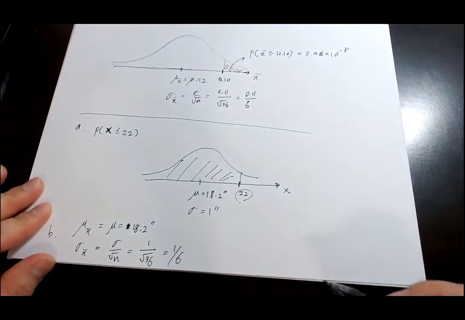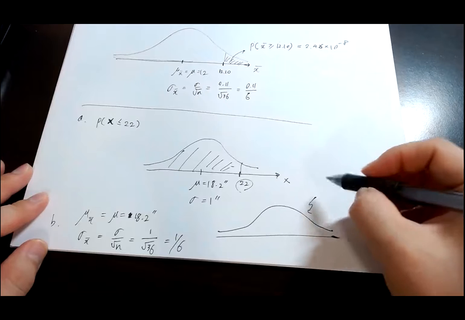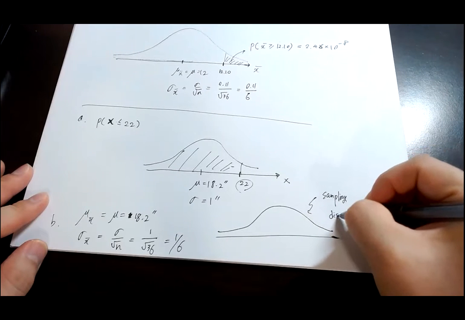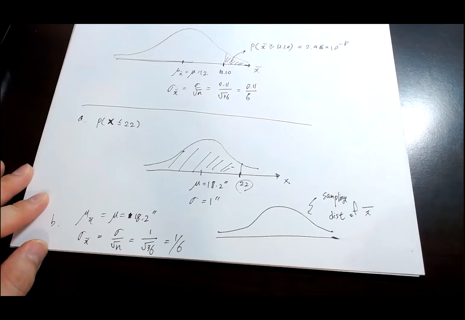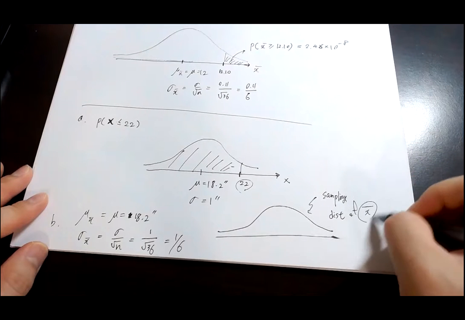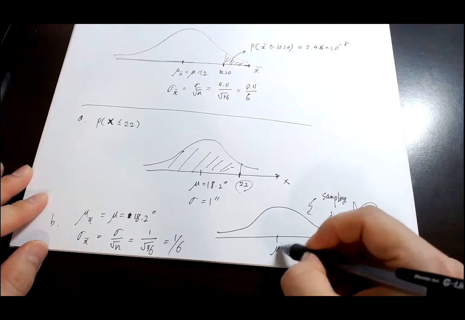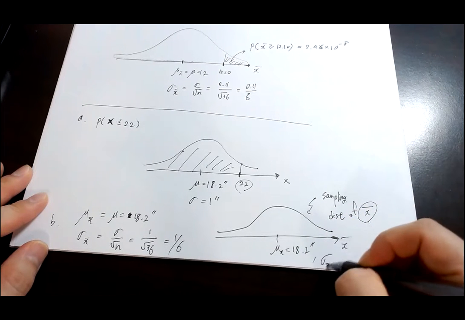So definitely, this is the graph of the sampling distribution of x bar, the mean shoulder breadth. This is x bar right here, with mu x bar 18.2 inches and sigma x bar